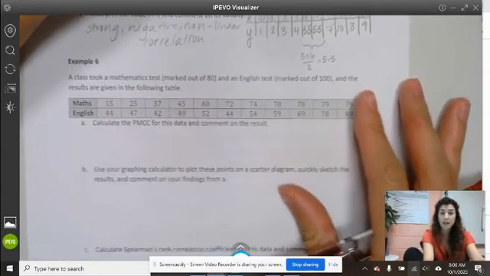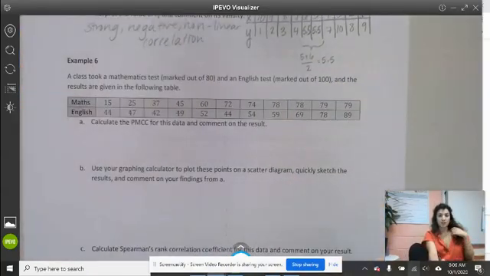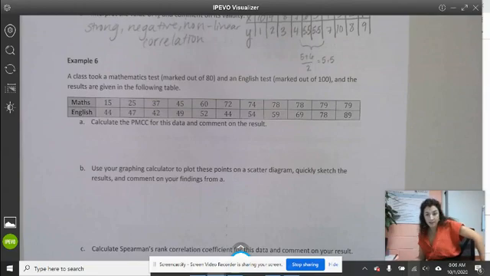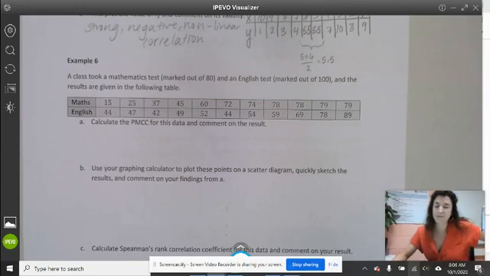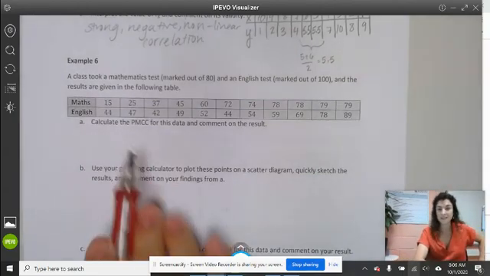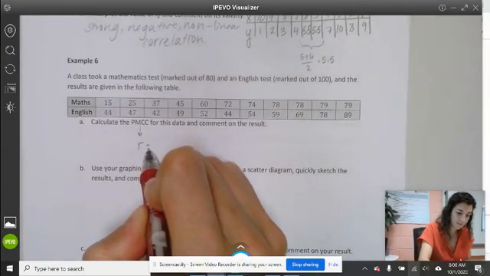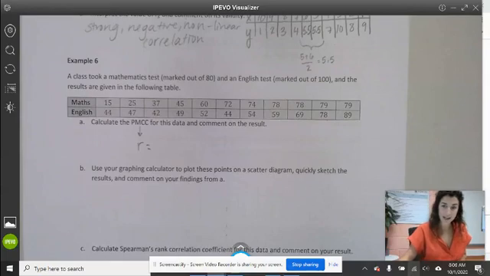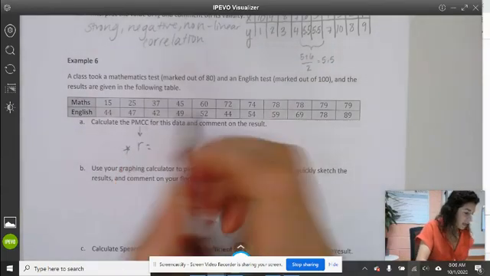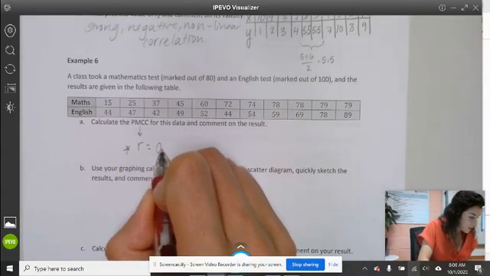Okay. We're talking about a math test marked out of 80 and an English test marked out of 100 and results that were given. We need to calculate Pearson's product moment correlation coefficient. PMCC stands for the Pearson number. So it's really just asking for R. I would like for you to go ahead and calculate that on your own. You should have gotten that R equals